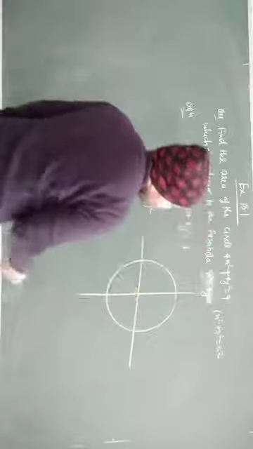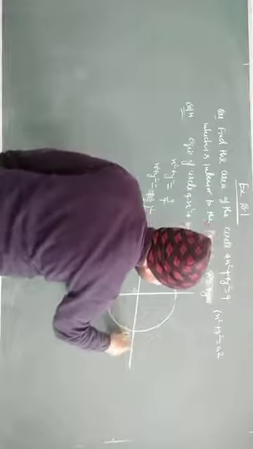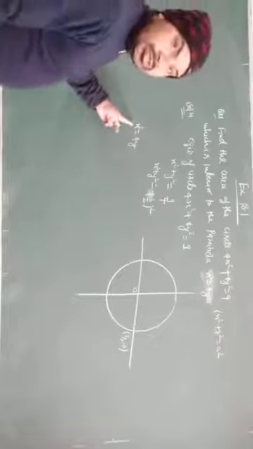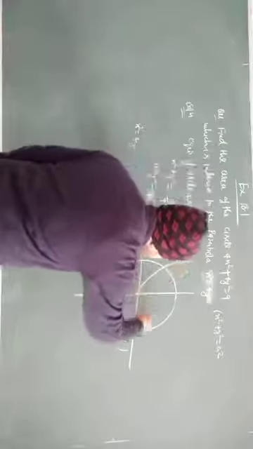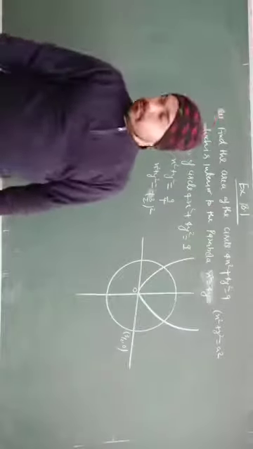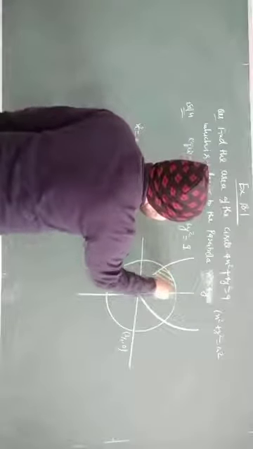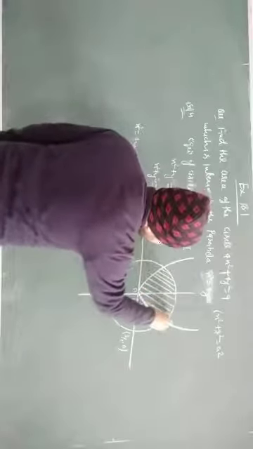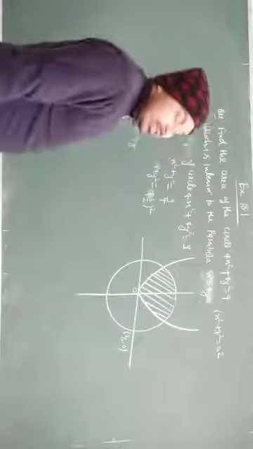This is the origin, and the radius of the circle is 3 by 2. And another curve is given in the form of a parabola, x square is equal to 4y. For negative and positive values of x, y is positive. So this parabola is in the form of this. The required shaded region, which is interior to the parabola and circle, is this part, and we have to find the area of the shaded region.